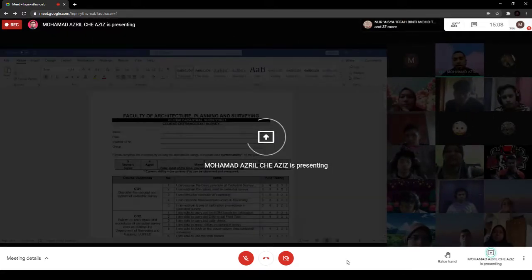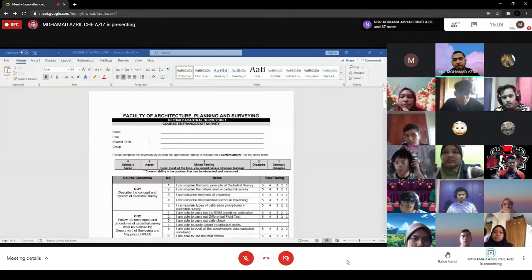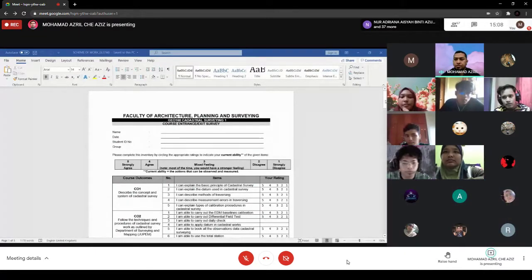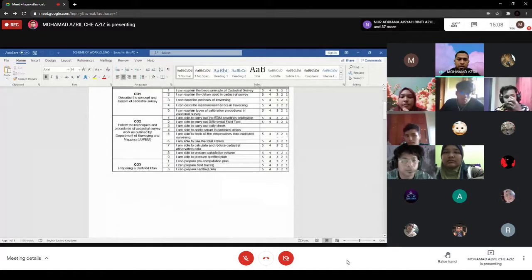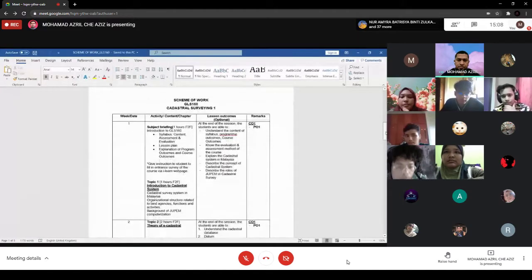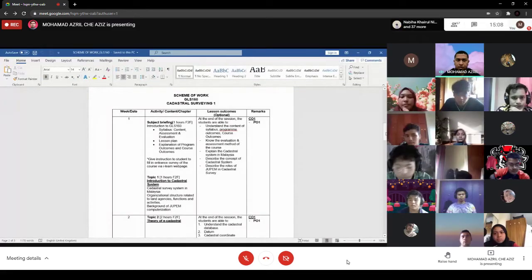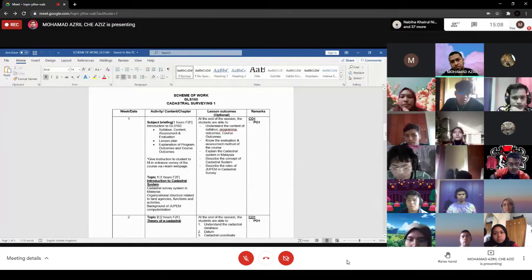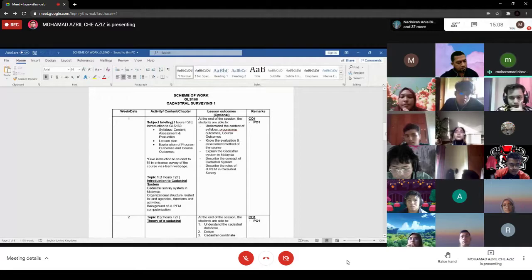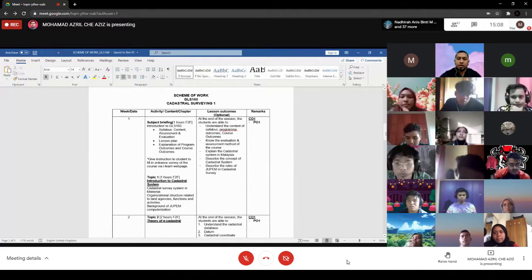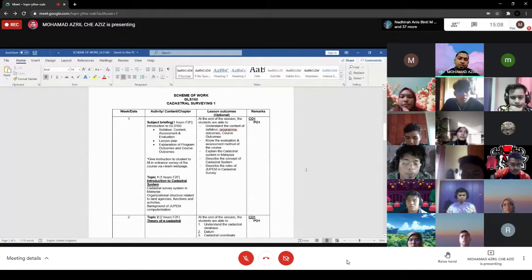Okay, other than that, you can use the textbook as a reference. Can you look at this scheme of work? Yes, sir. Okay. So based on this scheme of work,